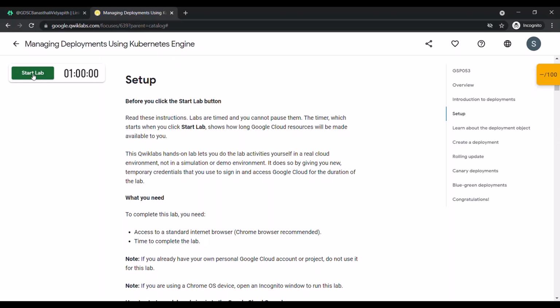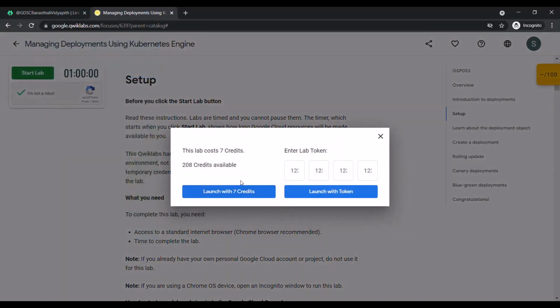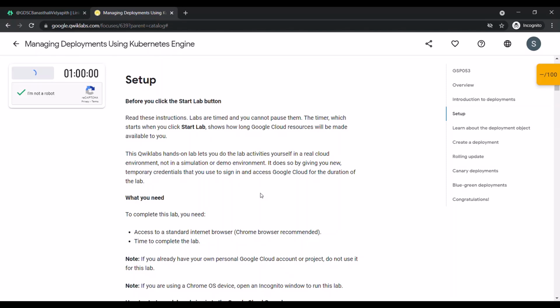We'll click on this, prove that we are not robots, and we'll start with our subscription. It might take some time depending on your internet connection, so kindly wait and do not end the lab.